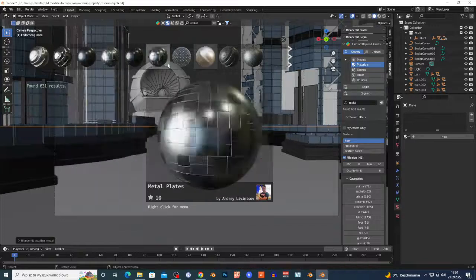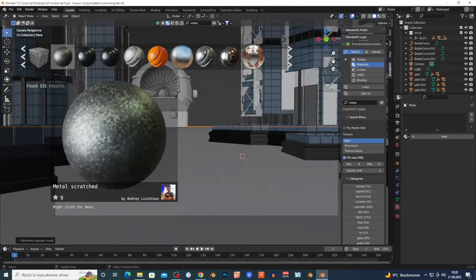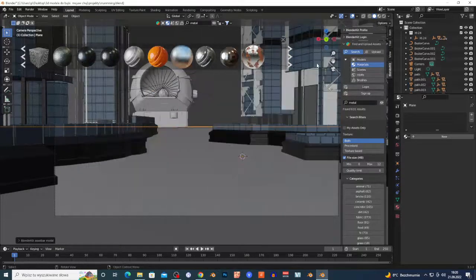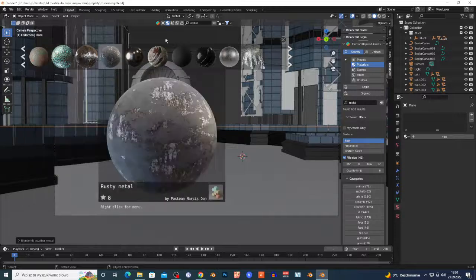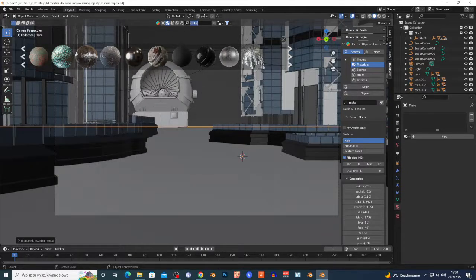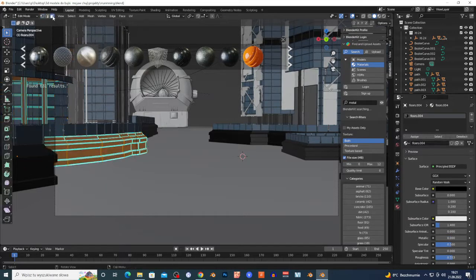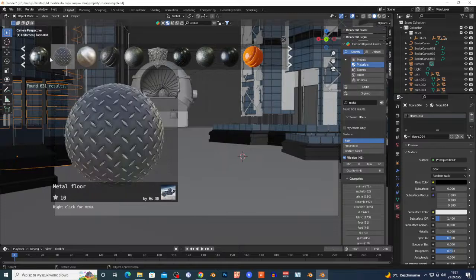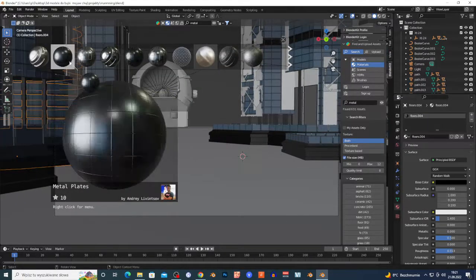Yes, I want to add more detail right here. This is interesting, kind of metal planes. I don't know if this is right. Maybe I'm gonna not use metal. You know what? I'm gonna use metal right here on this. I'm gonna go to the edit mode, select here, and I'm gonna add some metal right here.